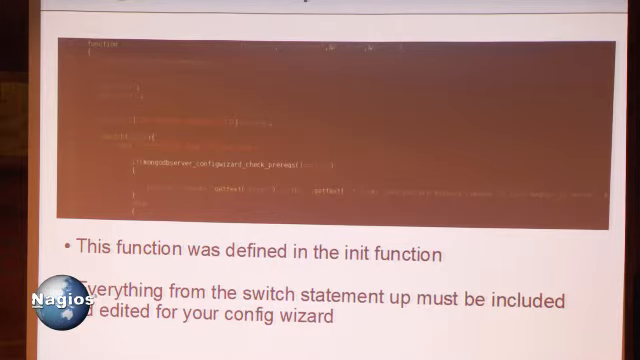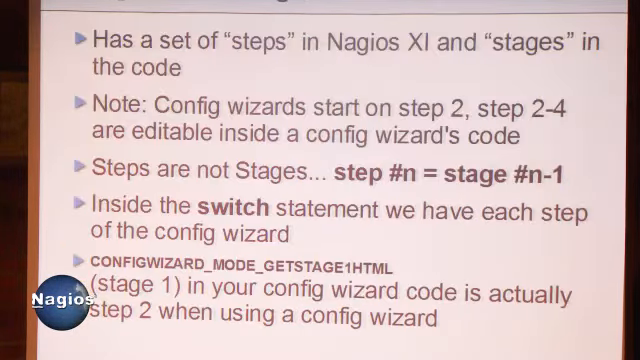This one actually has a check prerequisites function, but it's not required. If you don't have any prerequisites, there's no reason to have the check prerequisites. So there's stages. Nagios has steps in XI and stages in the code. The steps in XI, it's going to say step 2, but it's actually going to be stage 1 in your code. So this is just kind of a little helpful